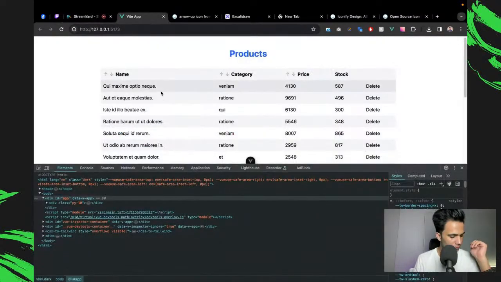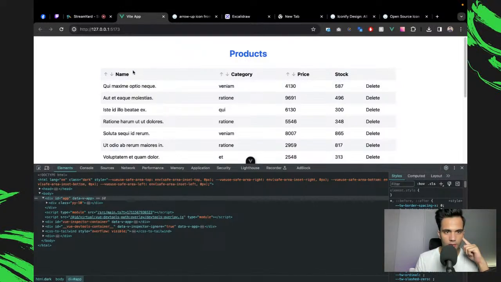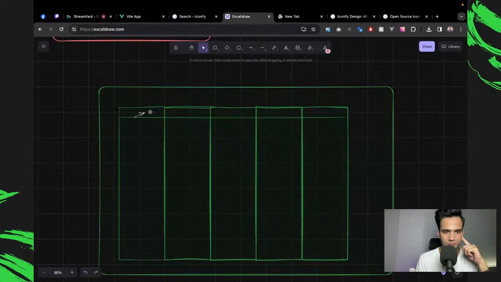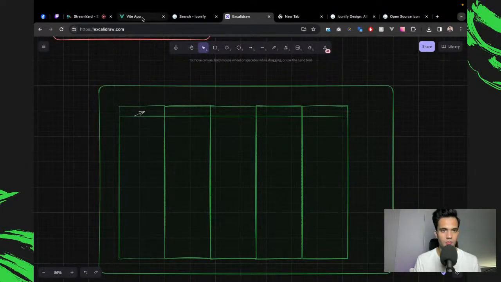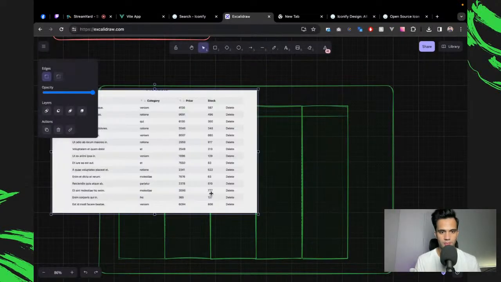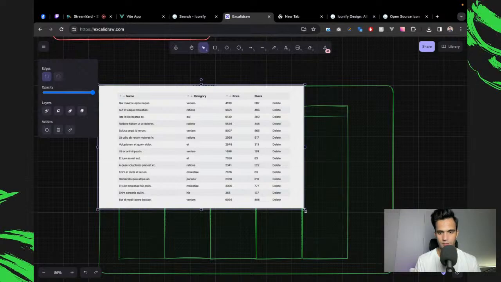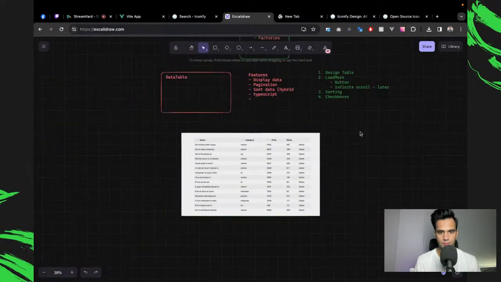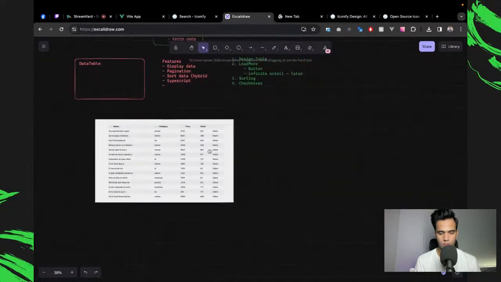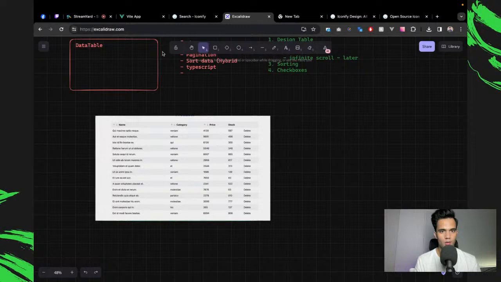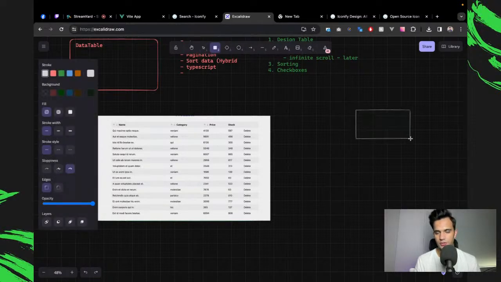All right, so when I click on my arrow, in fact, what I can do is let me just copy all of it, put it here. Okay, like this. Now I need my APIs right here.